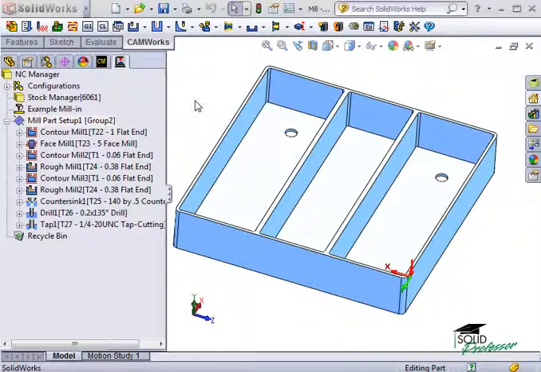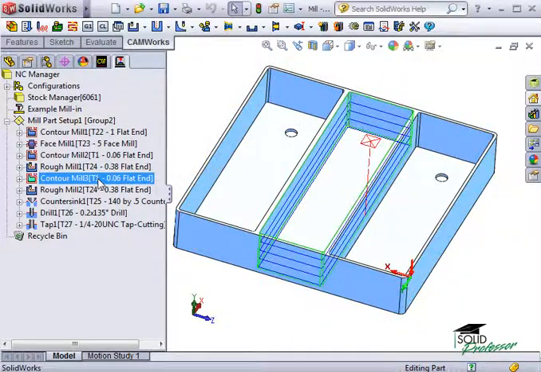CAMWorks gives you the ability to preview what your machine is going to do before you even begin cutting a part. It allows you to see the movement of the tool and a preview of the finished part. This can be extremely helpful, especially when working with complex features which may require some adjustments in the operation or feature parameters. Just like when creating toolpaths, you can simulate toolpaths for individual features by right-clicking on each of them